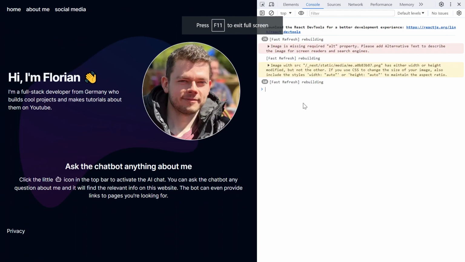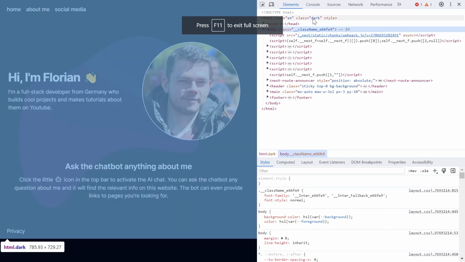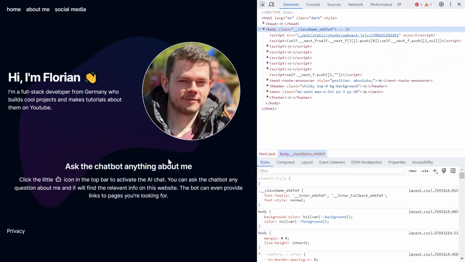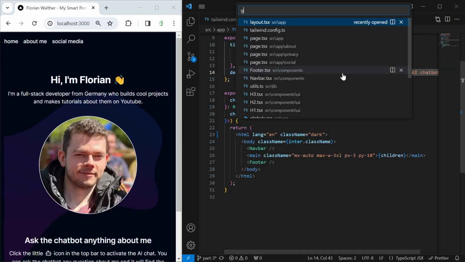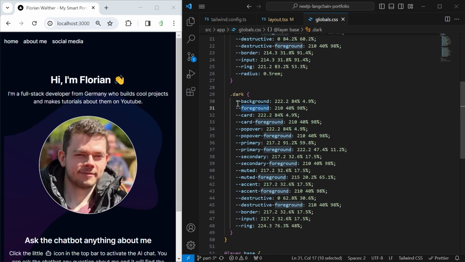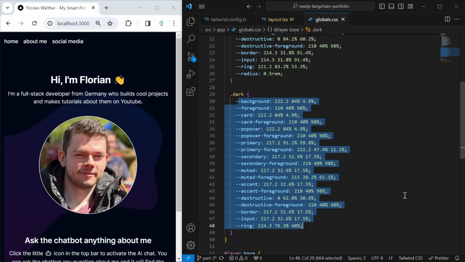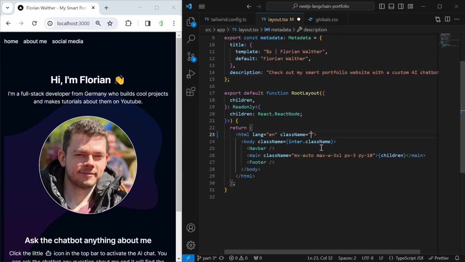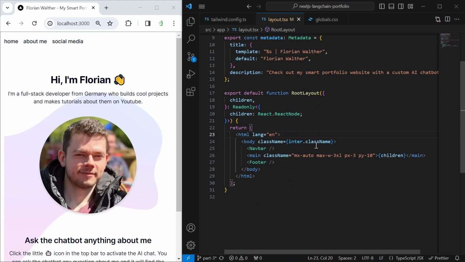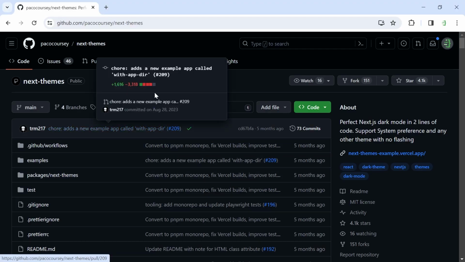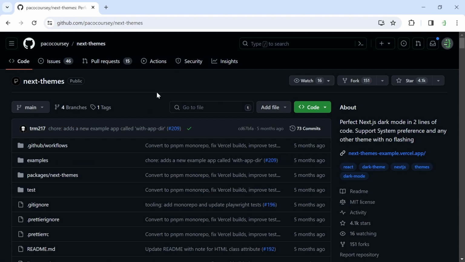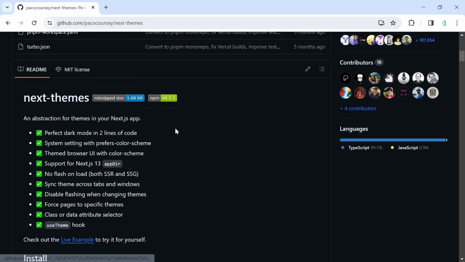Because now on this HTML tag here, there is this dark class which tells Tailwind CSS that the dark colors should be applied. And the dark colors are part of our CSS variables. If you want to change them, you can change them here. But of course, we don't want to hard code this to dark mode. We want to change this dynamically via a button. And this is exactly what Next Themes does for us. It puts this dark class into the HTML tag, and it does it in a way that when we refresh